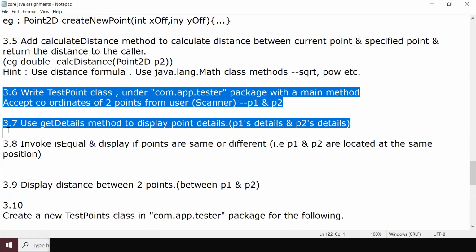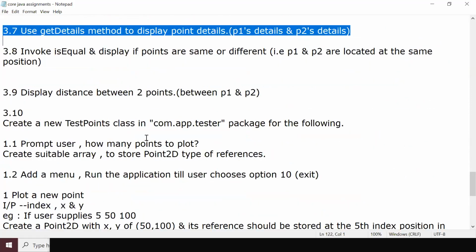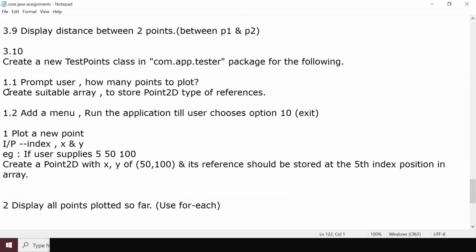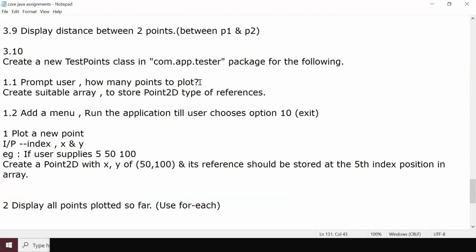First part is only packages, access specifiers, and your class path. Next part will be some more business logic, which we will discuss. And the last part will be a very interesting part where I'm asking the user how many points you want to plot, and you will revise your array of references. So this assignment has 3 parts.